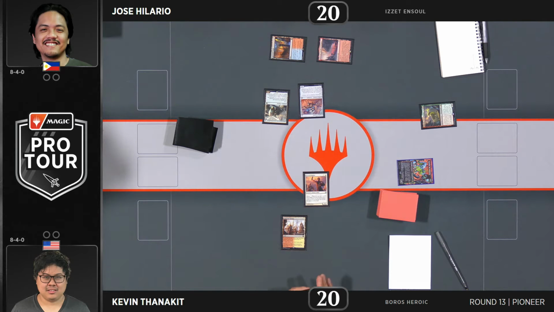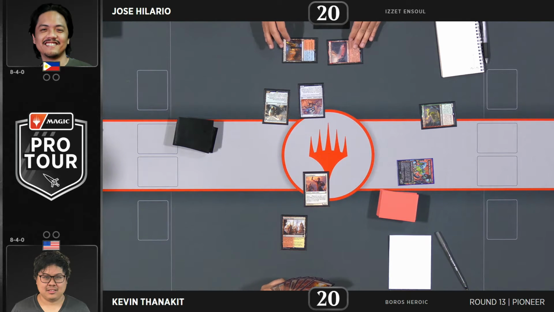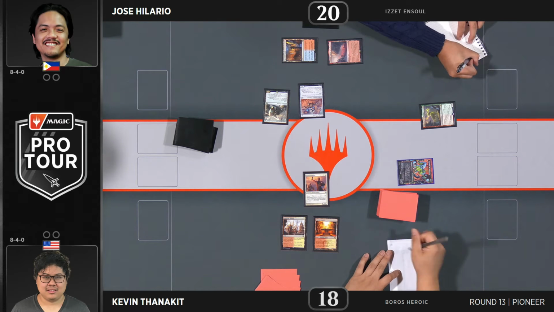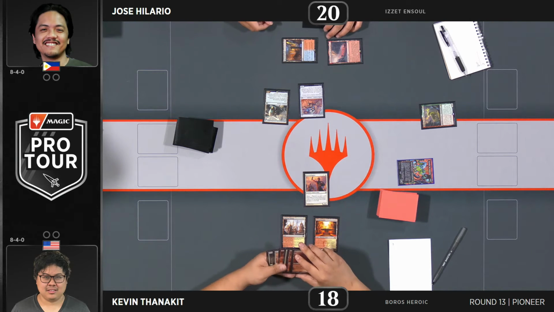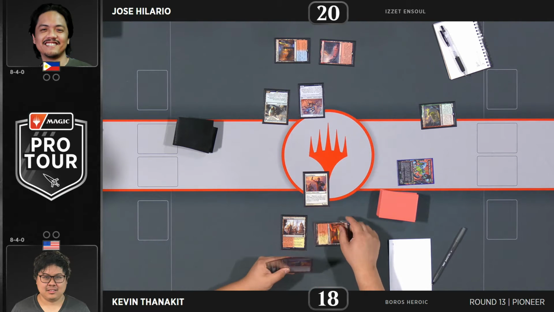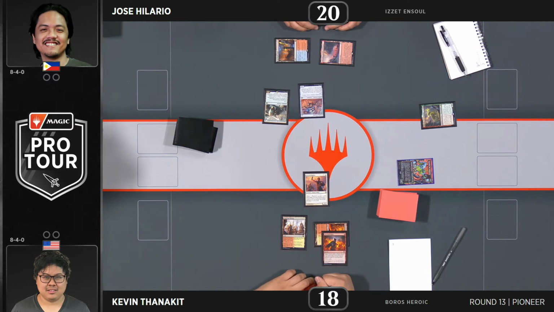Typically, I believe Heroic is just a tiny bit faster in the matchup, but play-draw can of course shift that. So Hilario starting on the play this game, that is already a boost. Now, counteracting that boost, no Ensoul Artifact on turn 2. So suddenly you're slower, and Kevin had the best start for the Heroic deck. Turn 1 Favorite Hoplite. Jose started off with the 1-2 though. Combat Courier